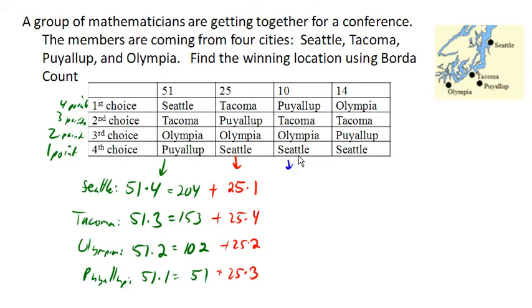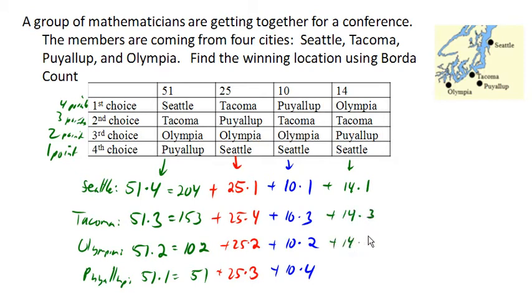So we have 10 voters here. Each is giving 1 point to Seattle. They are giving 3 points to Tacoma, they're giving 2 points to Olympia, and they're giving 4 points to Puyallup. And then finally, we have these 14 voters who are giving 1 point to Seattle, they're giving 3 points to Tacoma, and they're giving 4 points to Olympia, and they're giving 2 points